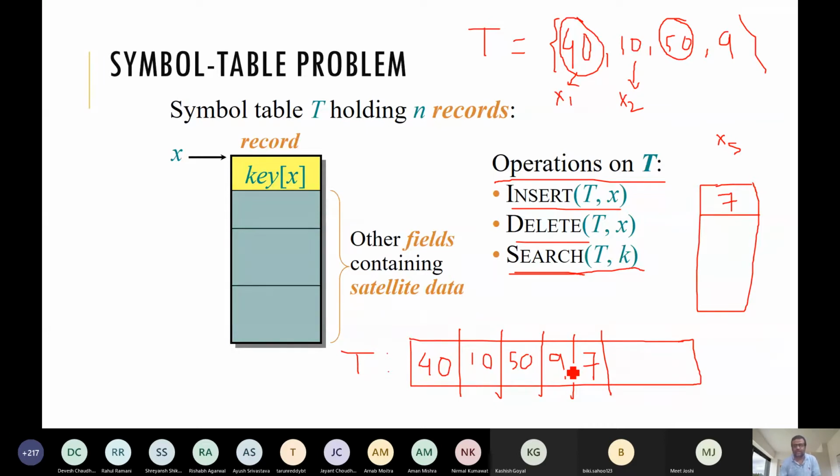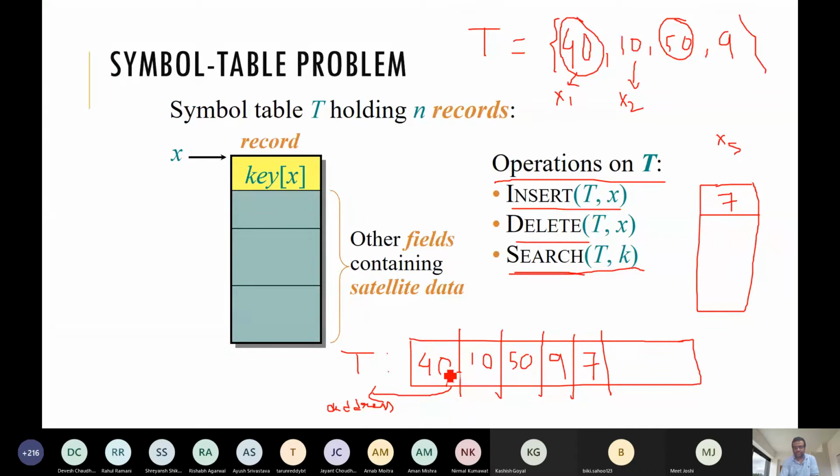Now the question is where the records are. These are the key values we are storing. The records are sitting somewhere in the memory, right? Somehow we need to maintain some bits over here to indicate the address, the virtual address where it is, to fetch the record, because ultimately we have to fetch the record.